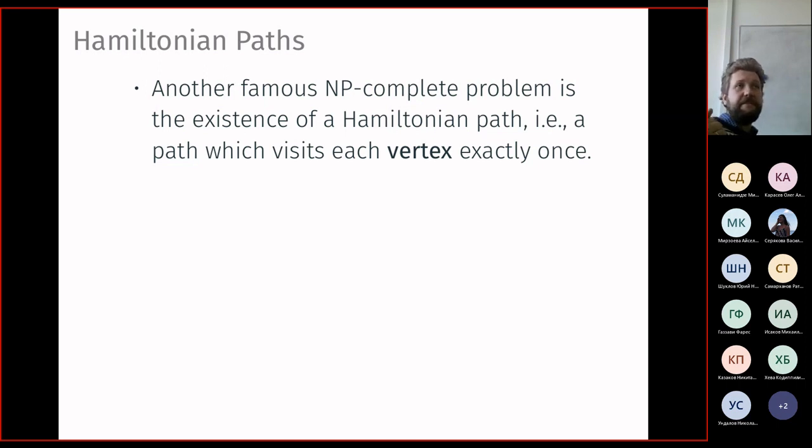This is not that easy. Again, the idea is the same, that given a CNF or a 3-CNF, you somehow construct a graph with the property that the existence of a Hamiltonian path inside this graph is equivalent to the existence of a satisfying assignment